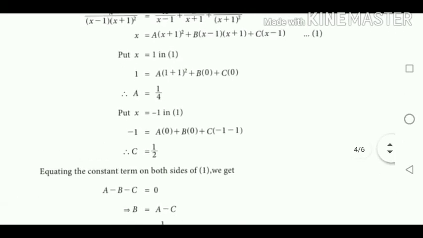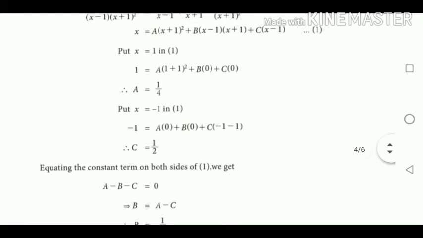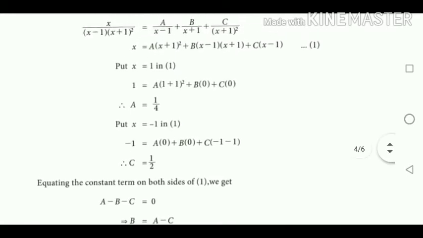That is, the constant in a equal to 1, that is a. The constant in b equal to minus 1, that is minus b. Likewise, in the third term the constant is minus 1 into c, so you are getting minus c. Whereas in the left hand side there is no constant, therefore it becomes 0. Therefore a minus b minus c equal to 0.